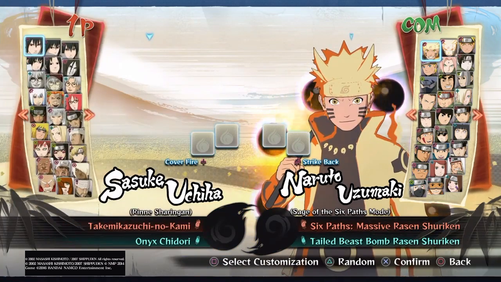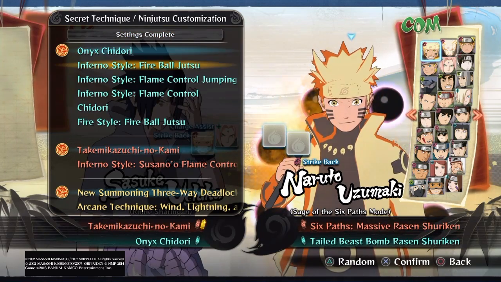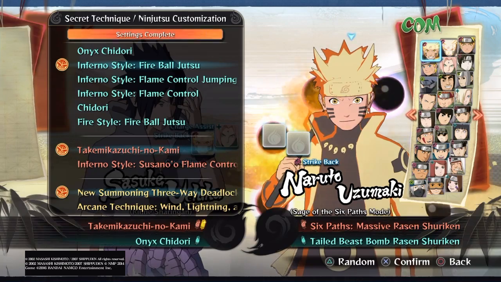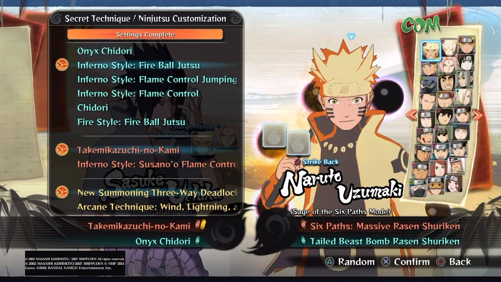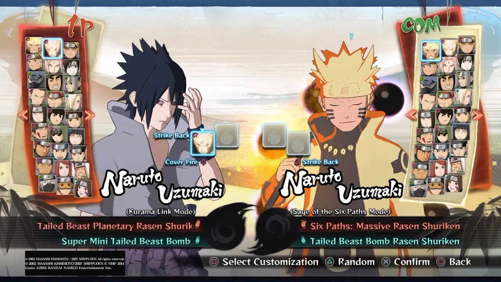But if you pick Sasuke now, and give him, I don't know, Inferno Style Fireball Jutsu, which is the last Sasuke default. Actually, this will be perfect to test out. We will take...